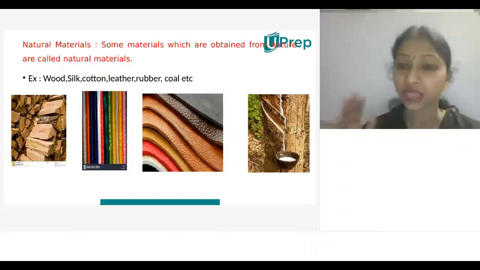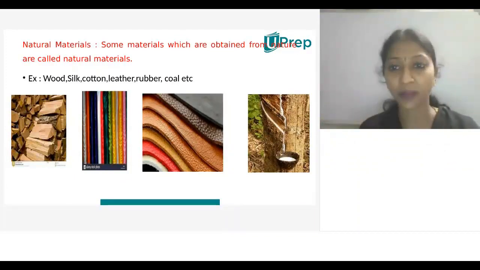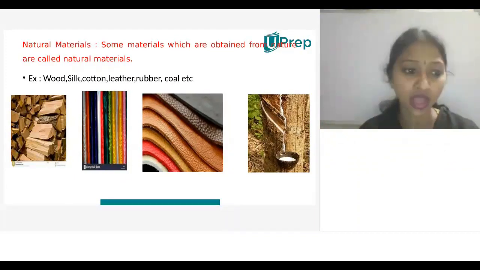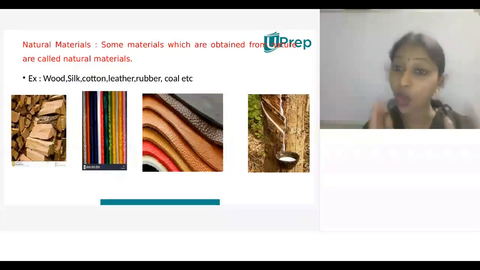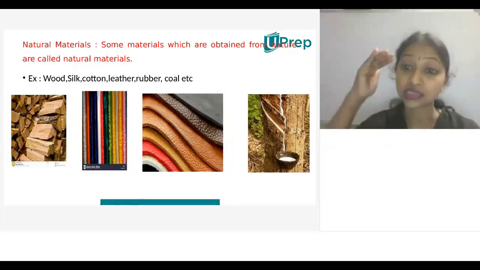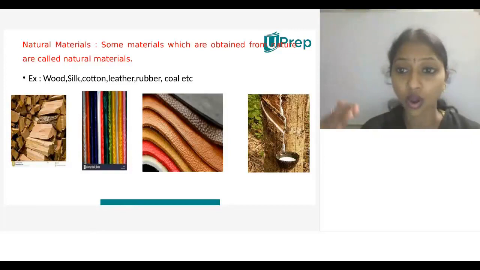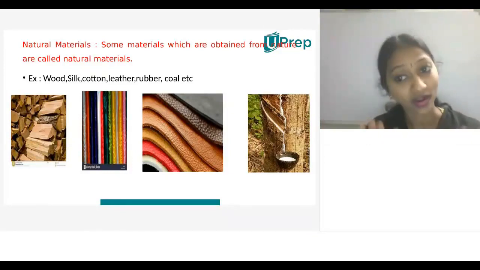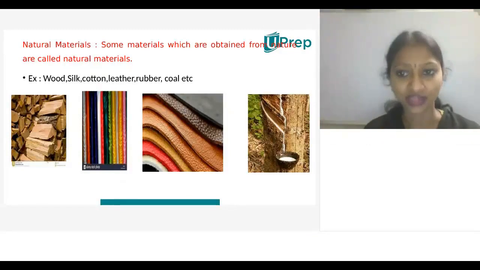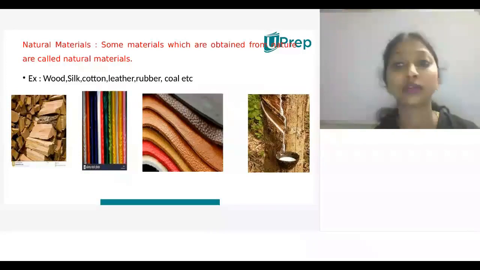At the same time, synthetic materials have more properties. We can see more advantages than the natural materials. But the quality of natural materials stands at the top. It can't come down, because natural materials are much more comfortable.